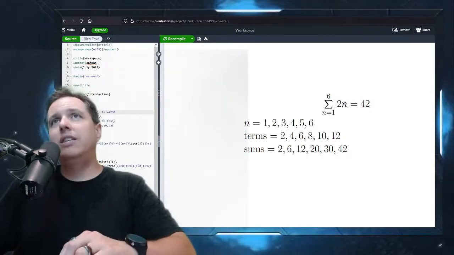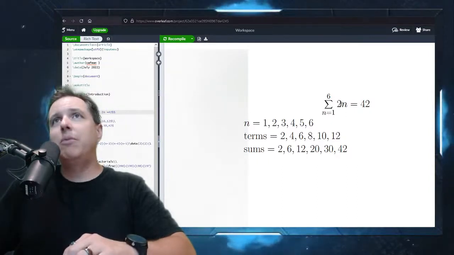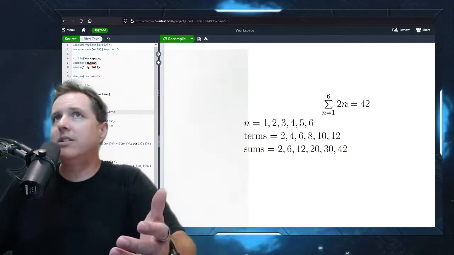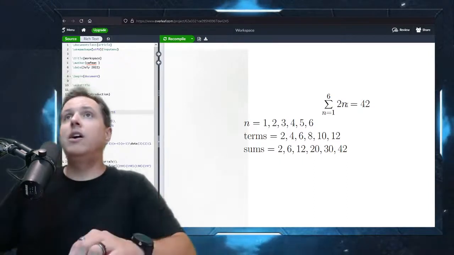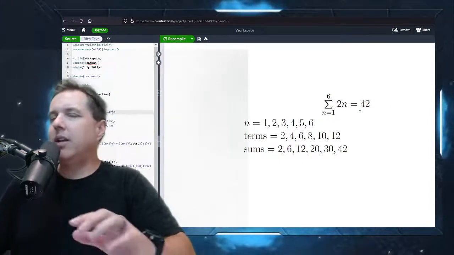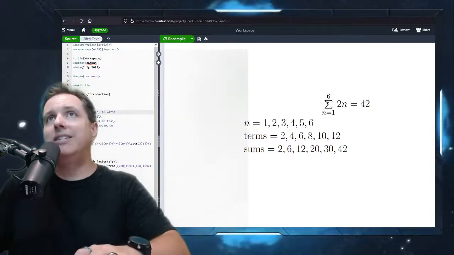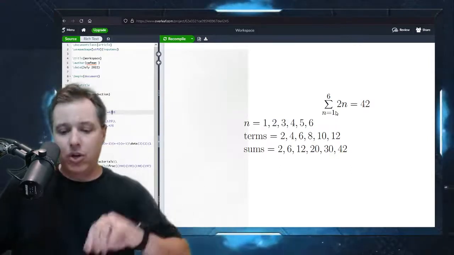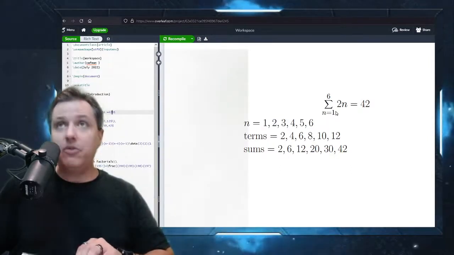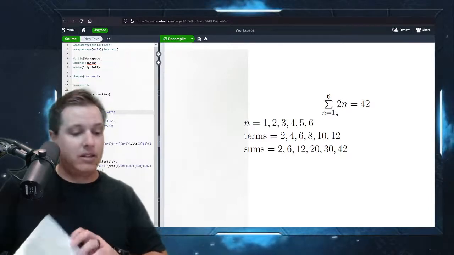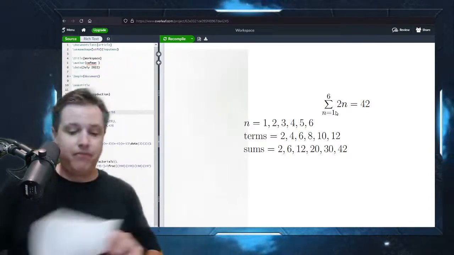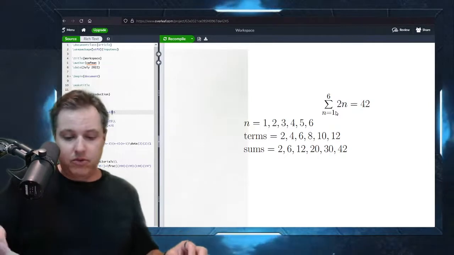Now you can adjust these. You can play around with these. We could take the same amount and we could start at n equals 0 and end at n equals 5, and we would just adjust this to be 2 times n plus 1. And we could get that same sum, but I don't think we really do much of that in here. But that's the bottom line, is this sign just means add stuff up, add it together. Okay, so we'll revisit that in a few minutes here. Okay, so we got those.